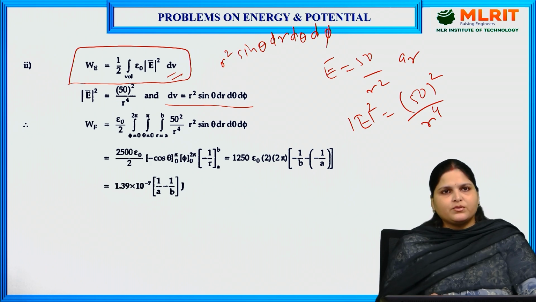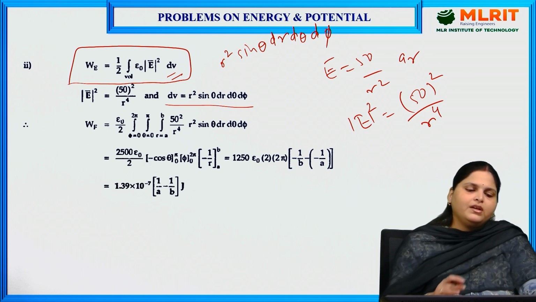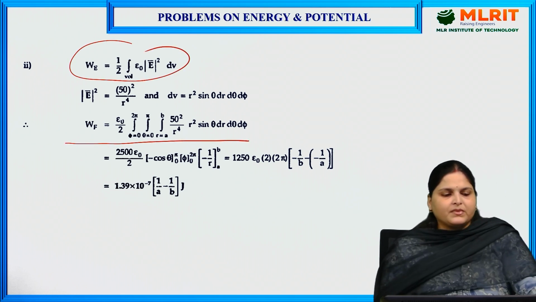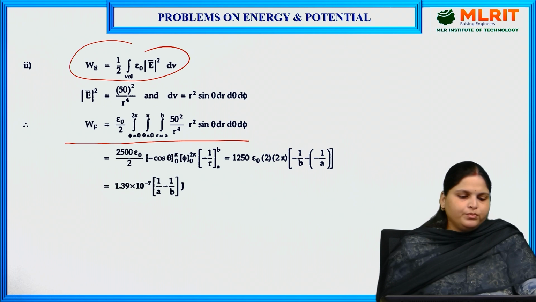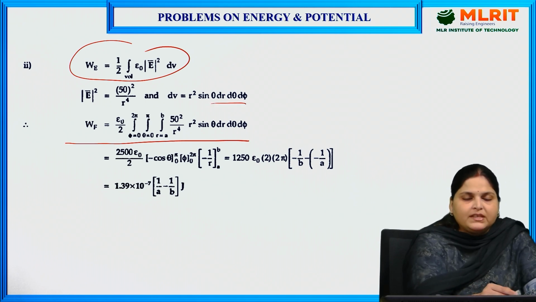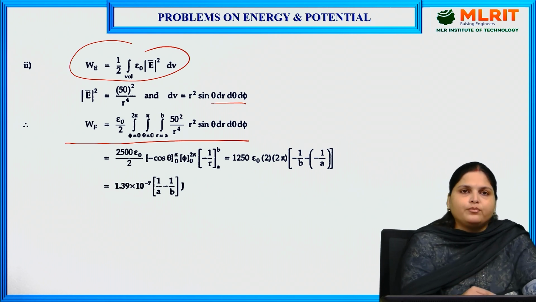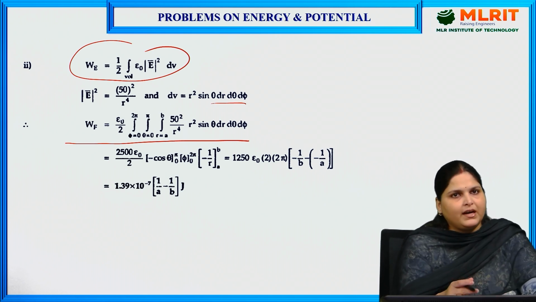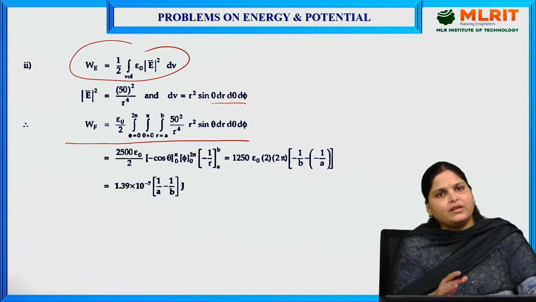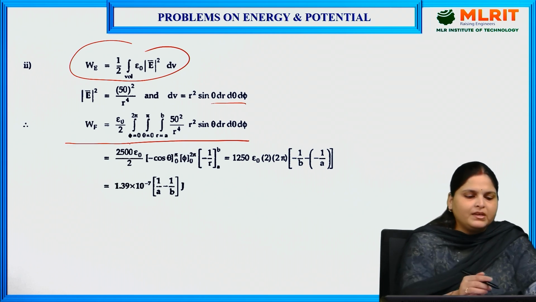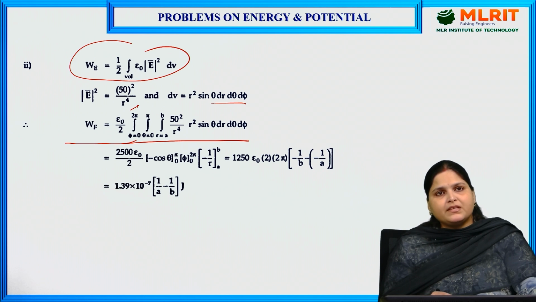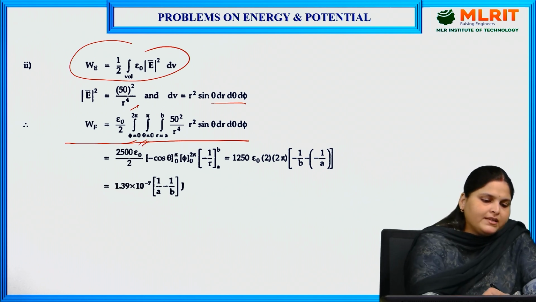Now we have mod E square, and we have dV also. We can put it into this formula, and after putting we get epsilon naught by 2, and because we have all three terms dr, d theta, d phi, 3 integration signs will be there. Apart from that, we have to put the limits of all three: theta, phi and r. So let's first put the limit of phi. As we know, it is the azimuthal angle, it extends from 0 to 2 pi. So its limit will be 0 to 2 pi. Theta is the conical angle whose limit is from 0 to pi. So we will put the limit as 0 to pi.